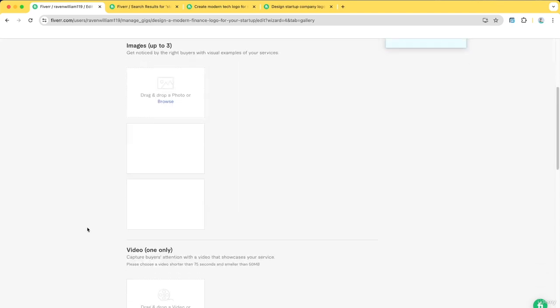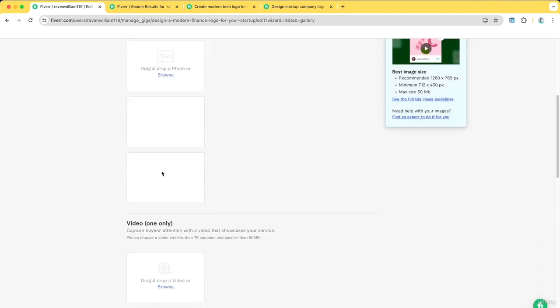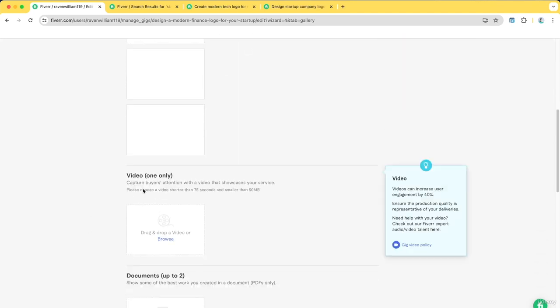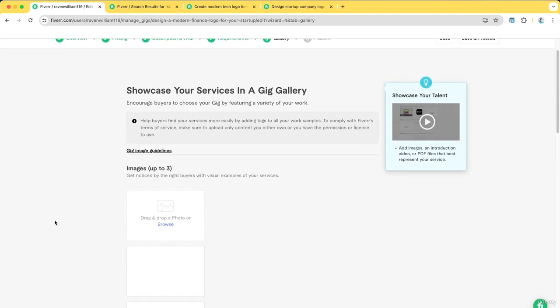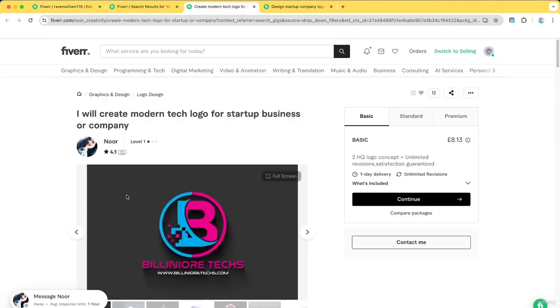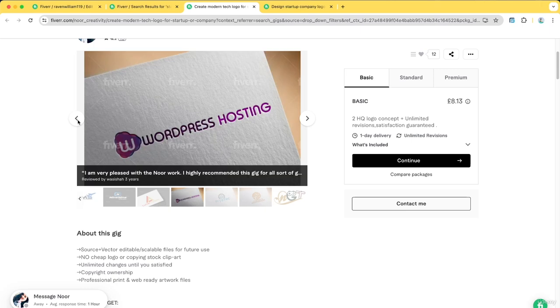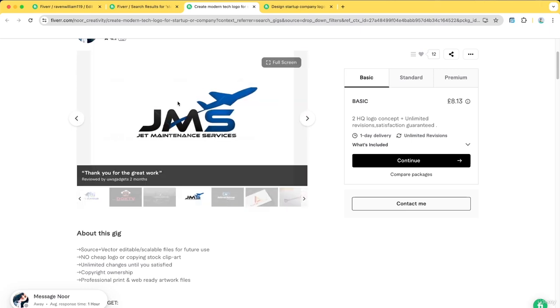So with logos, we would want to use the image part, but we could also take it up a notch and use the video, which, on the right, you can see increases user engagement by 40%. So that is up to you. You can use any platform to put in the logos you've done before, maybe the mock-ups, but a lot of people will put in the actual logo file.